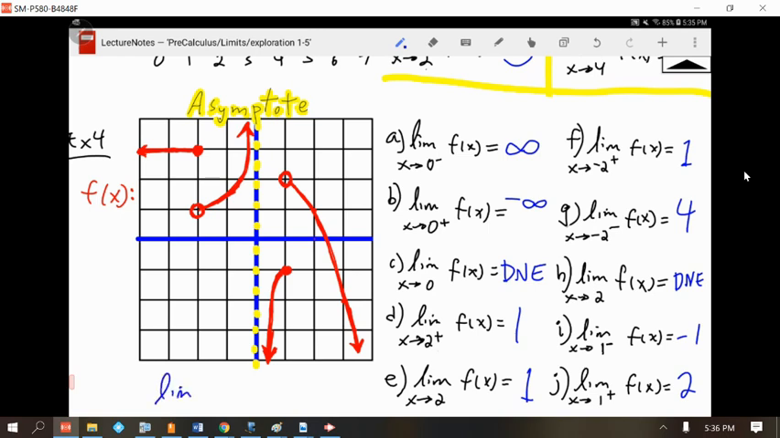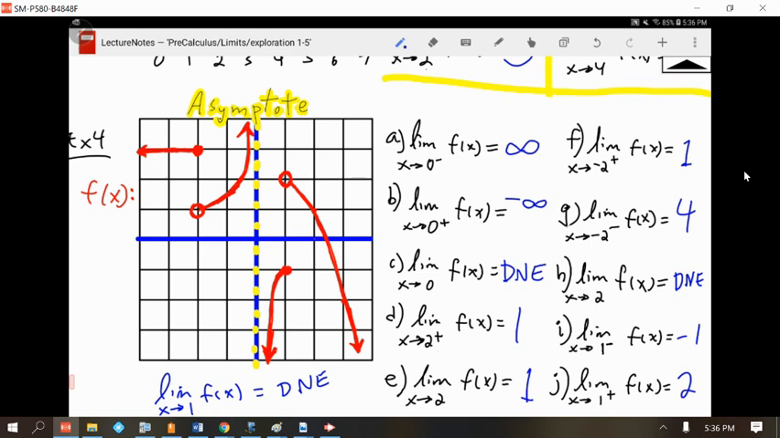The limit as x approaches 1. That means both sides. Because there's no little minus and no little plus, it means both sides, which has to be what? Everybody say it. DNE. DNE. Okay. What's happening in this graph is there are 3 different types of